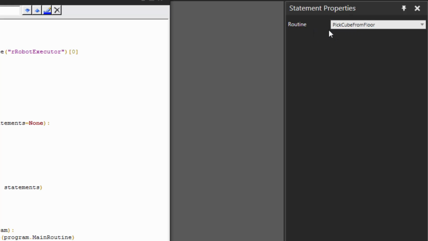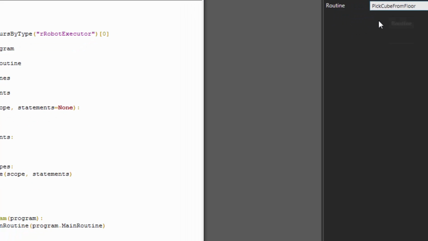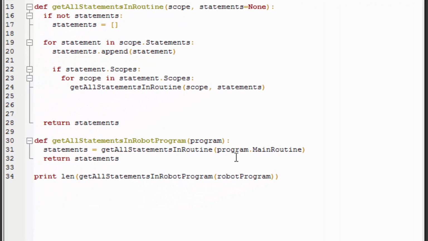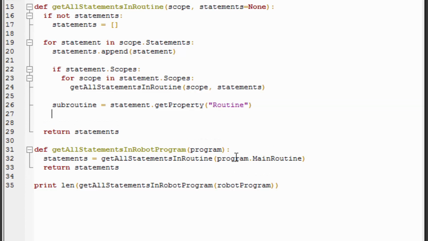So we can check if a statement has this property and then call that method we created to get the statements of this routine. So we'll say subroutine equals statement.getProperty routine. Now if the statement doesn't have that property, this is going to give me a null value.